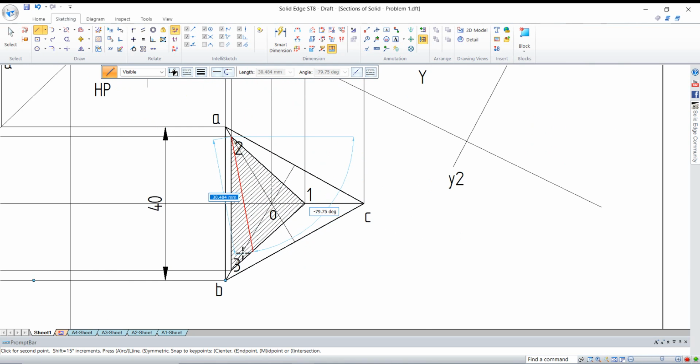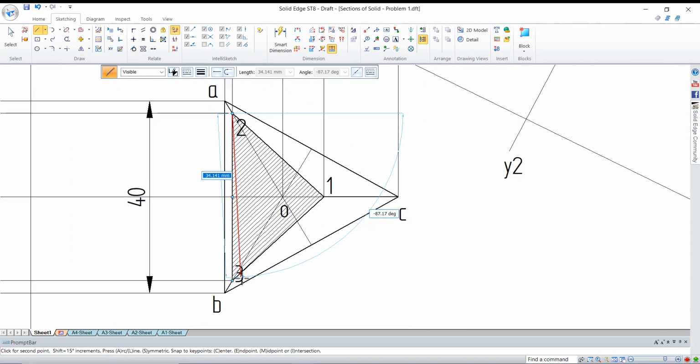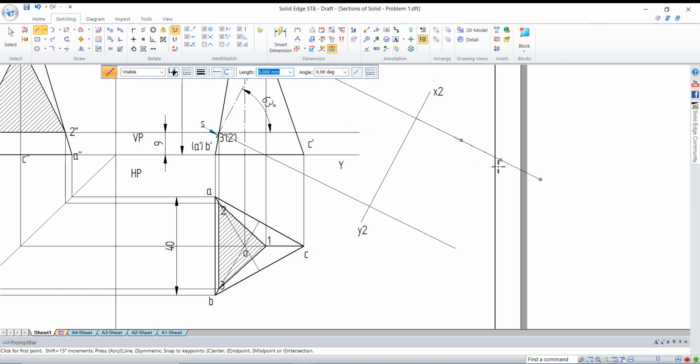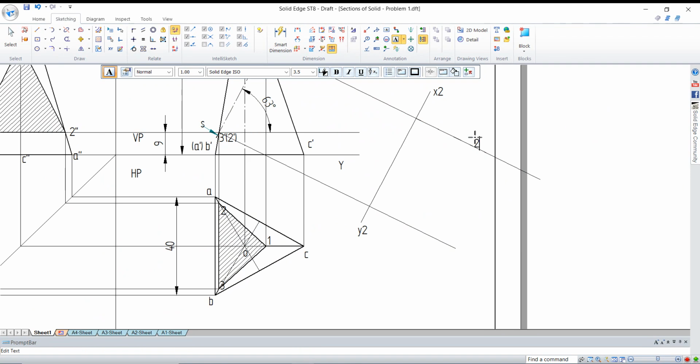For point number 3, from point number 2, it is at a distance of 34.857. I'll write 34.857. So the diagram will go away from the page. Later we may have to correct it and adjust the page.